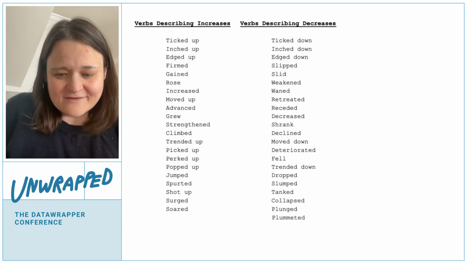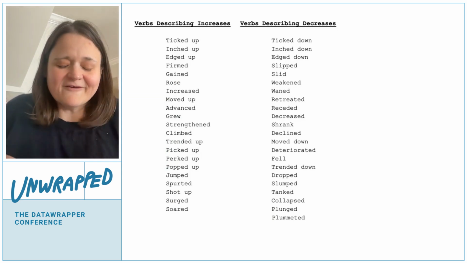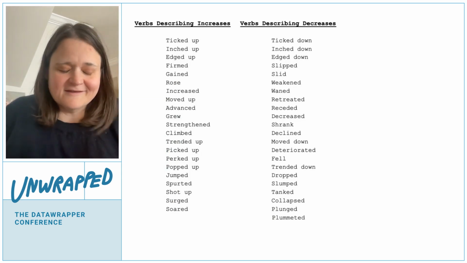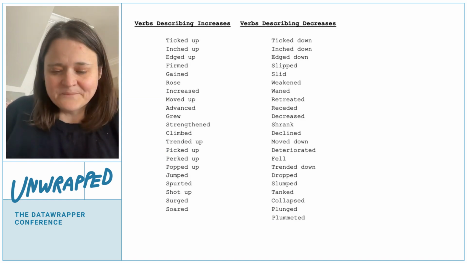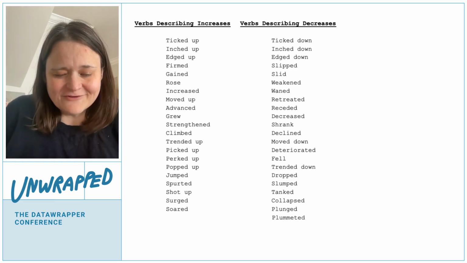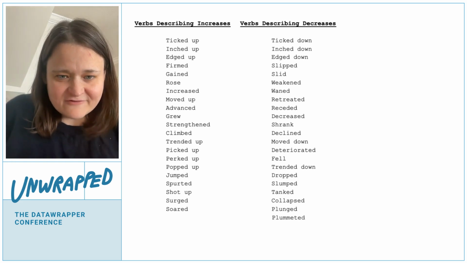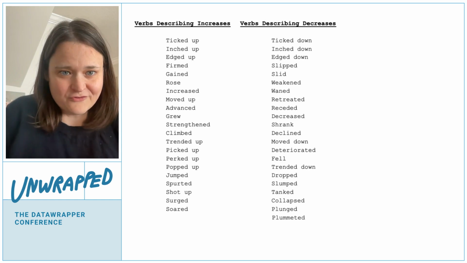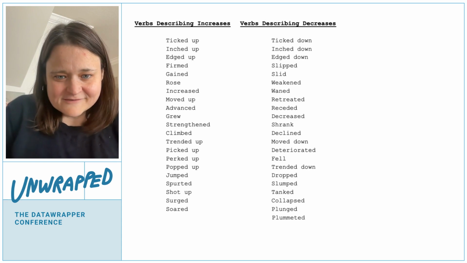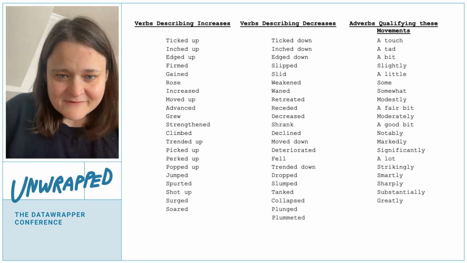When I was first getting started in my career, I spent a couple of years at the Federal Reserve Board, and so you say, okay, that's fine for artists, but it doesn't apply to the kinds of charts that I am making. At the Fed, there was a list of verbs that people passed around too, describing the sizes of increases or decreases in increasing order. So something could tick up, inch up, edge up, firm, or it could collapse, plunge, plummet. There's also an accompanying list of adverbs that you are encouraged to use sparingly. So tad, touch, bit, slightly, those kinds of things.